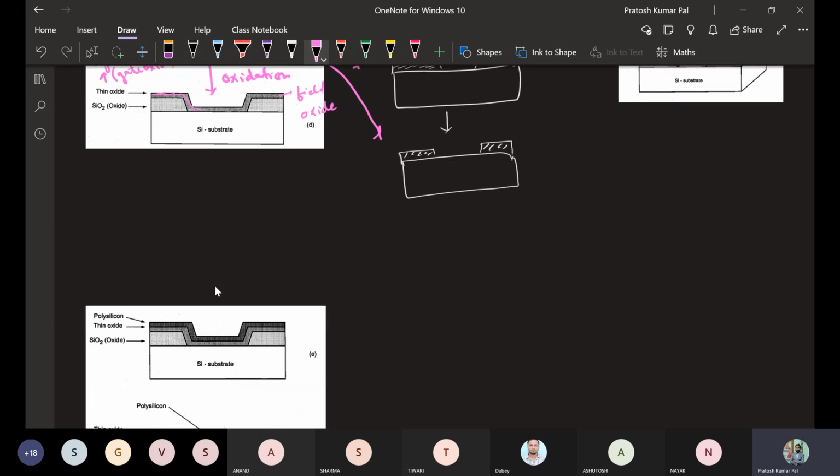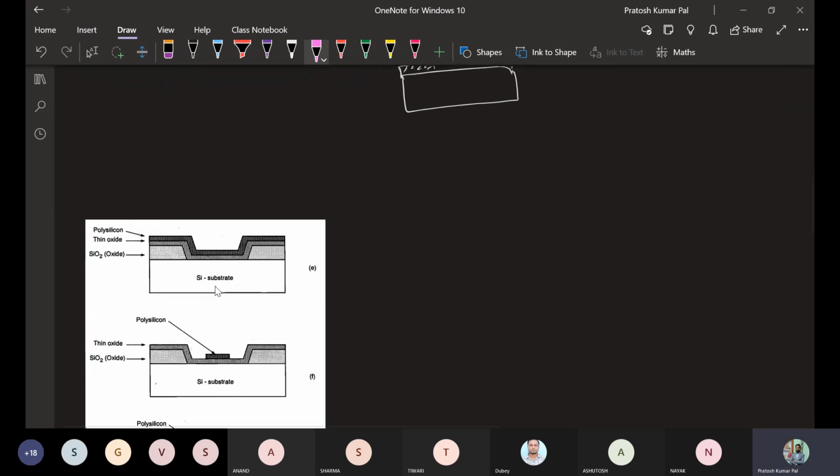So next step is that we will be depositing polysilicon. Okay. So polysilicon will be deposited on this complete surface. Okay. So on the complete exposed surface, we will be depositing this polysilicon. This polysilicon deposition is a layer deposition.